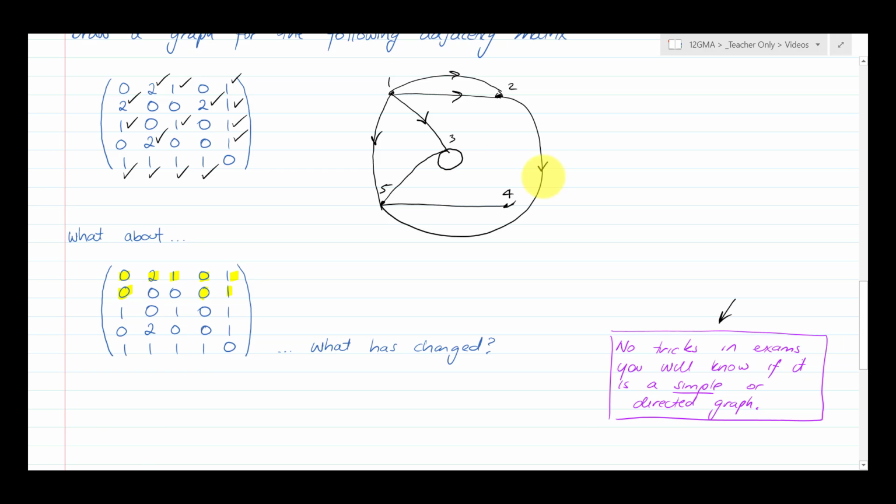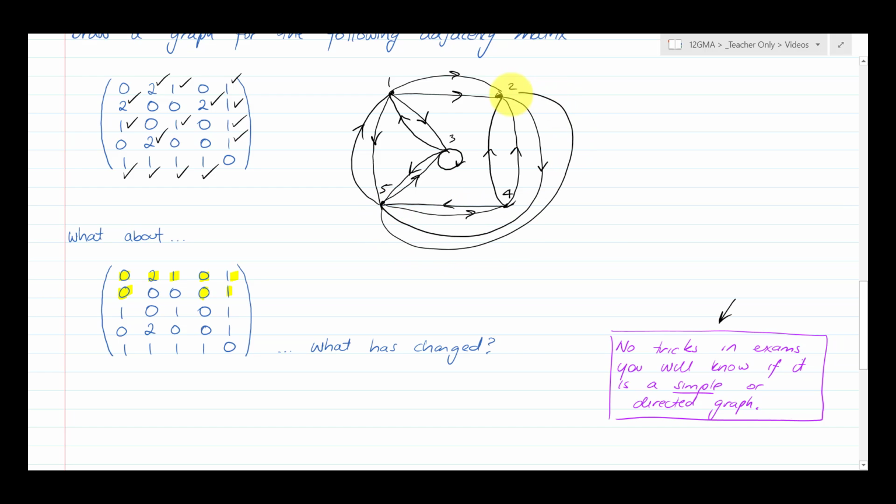And then if we keep on going, 3 is connected to 1, but we've already used that one up, so I better do that. 3 is connected to itself, so I can just pop an arrow there, that's fine. And 3 is connected to 5, so there's an arrow there. 4 is connected to 2 twice, so these connections I shouldn't have rubbed out, but it just means the arrows go like this. And 4 is connected to 5 once, so we'll take that. And 5 is connected to everything once, but I've done arrows in the opposite way, so I better put another one back. So we've got arrows in the right direction